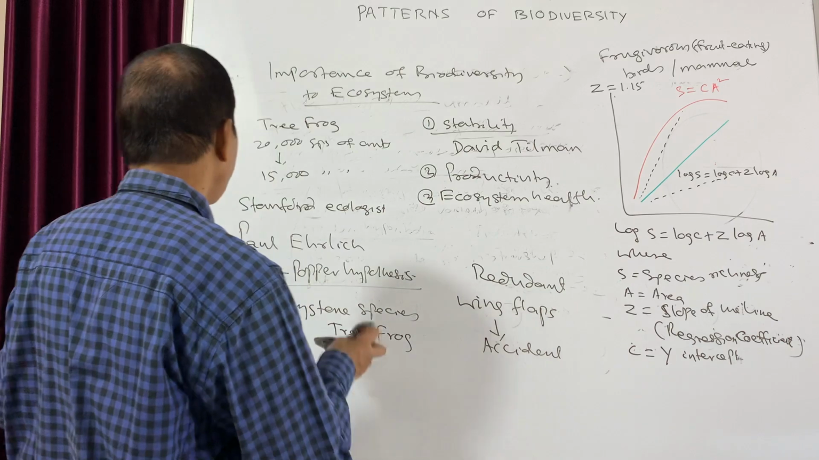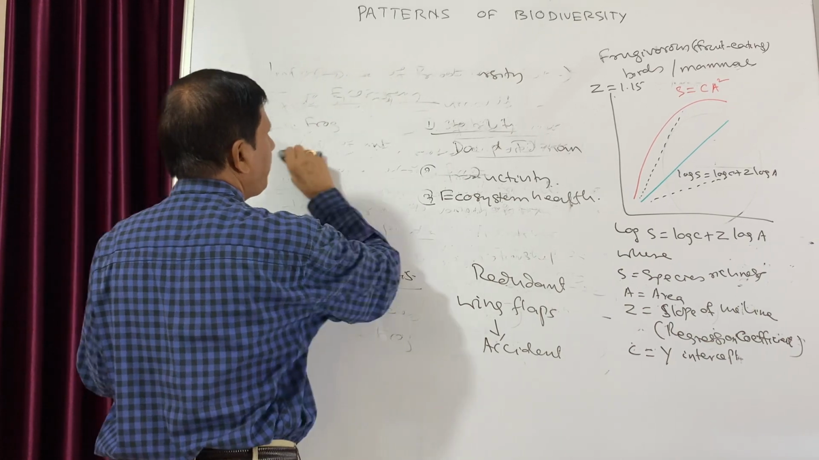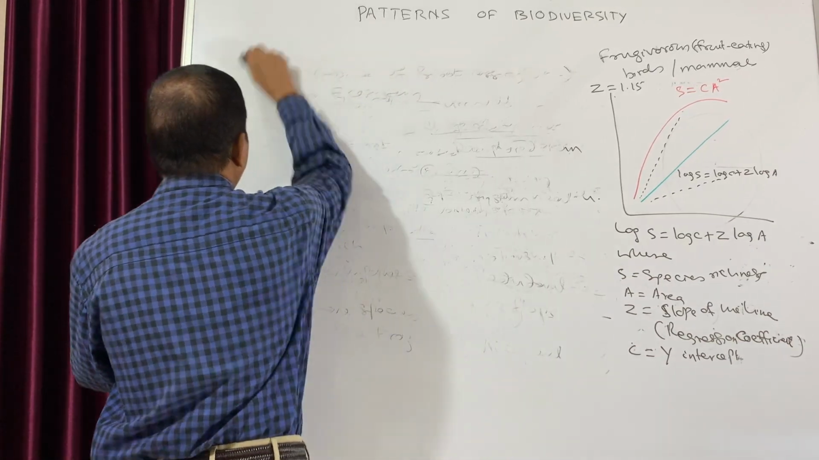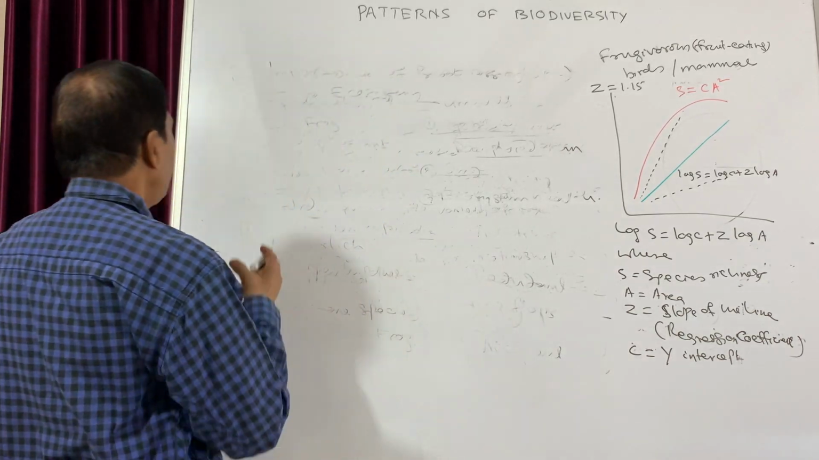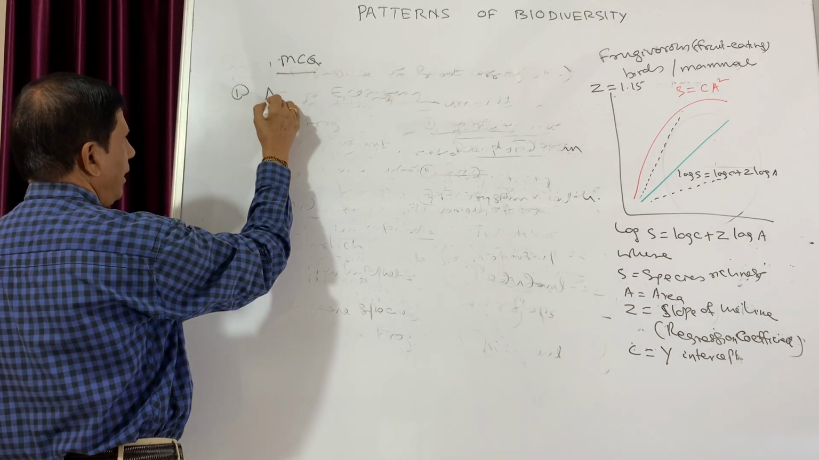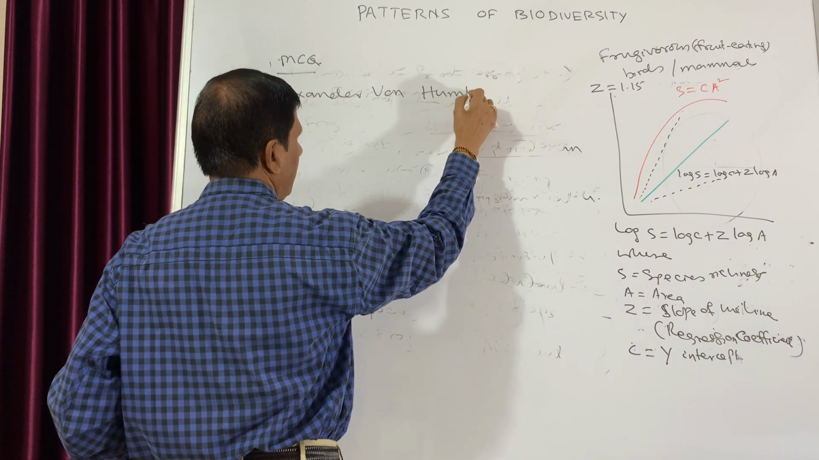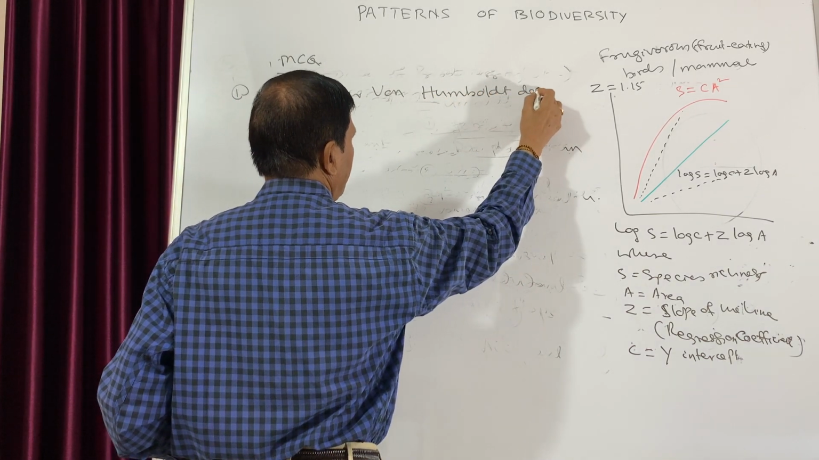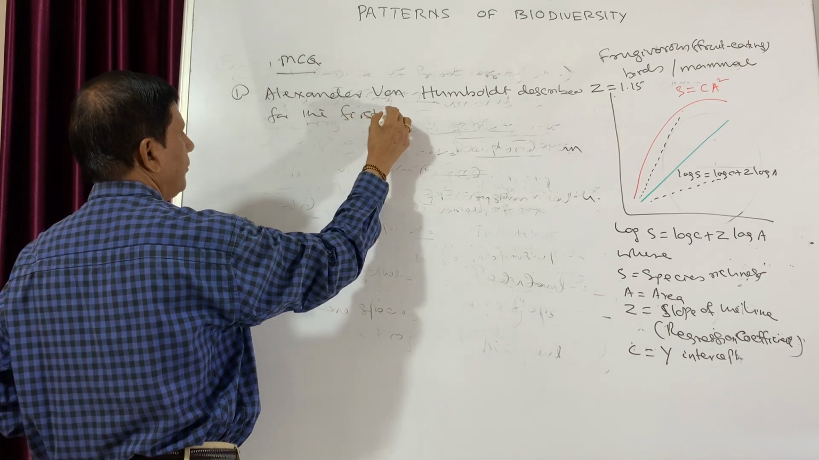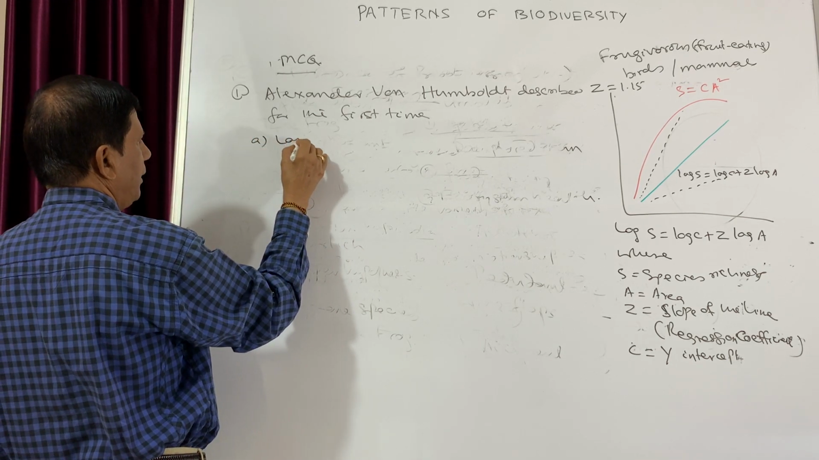Now let us discuss questions. So one question: Alexander von Humboldt described for the first time the law of limiting factor,